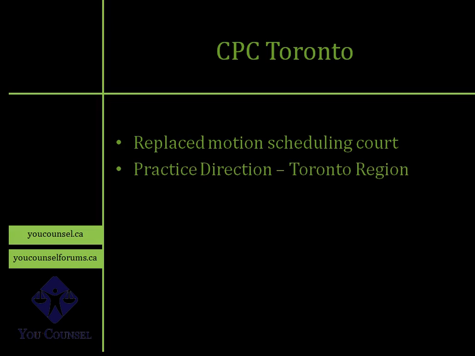How was it created? It was created through practice direction in Toronto region, and if you have listened to my previous lectures, you may know that Courts of Justice Act is the legislation that deals with different processes at courts, and creation of courts and whatnot. And then under Courts of Justice Act, we have rules of civil procedure that provide rules or processes at courts in Ontario. And then underneath that, you have practice directions for different regions, Toronto being one region. And so these practice directions further modify some of the rules with respect to that specific court.